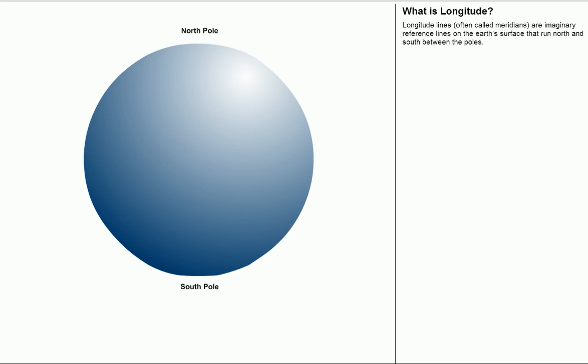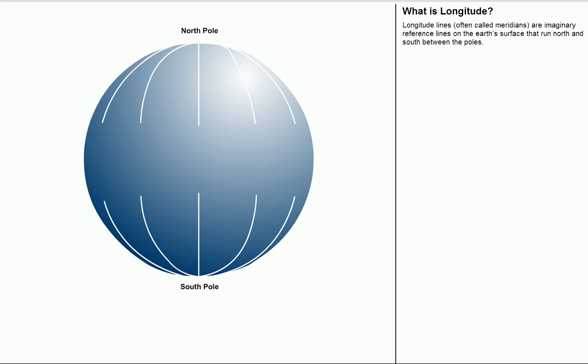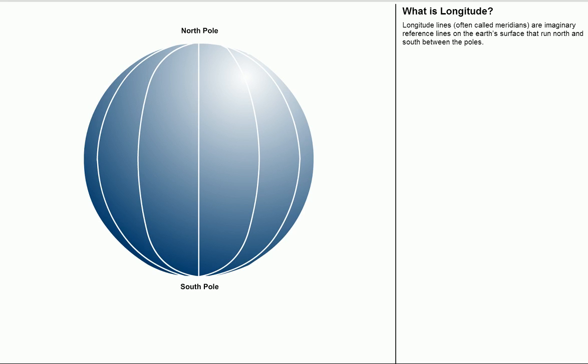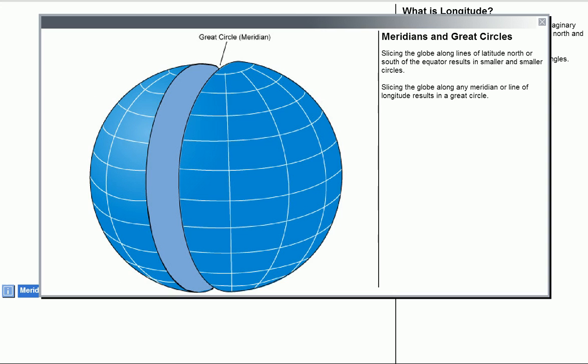Longitude lines, which are often called meridians, are imaginary reference lines on the Earth's surface that run north and south between the poles. Because they connect the poles, lines of longitude always are given in a direction of true north and south. Lines of longitude cross the equator at right angles. If you remember, slicing the globe along lines of latitude north or south of the equator creates smaller and smaller